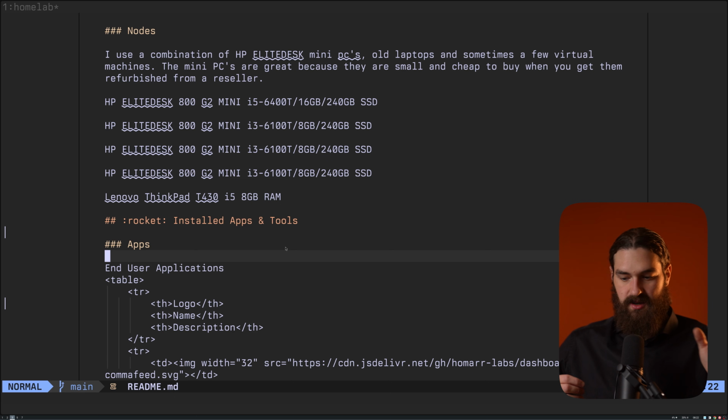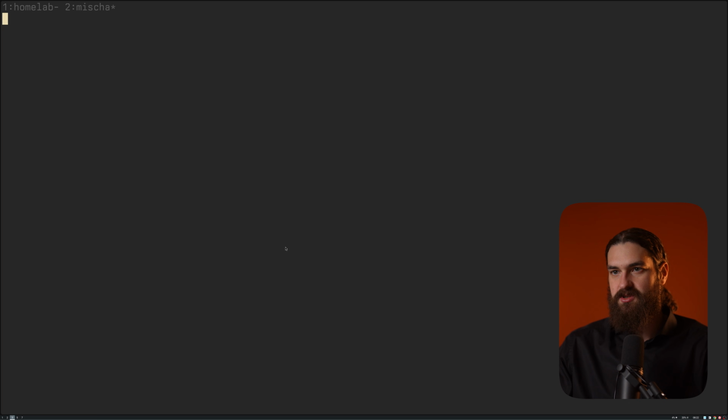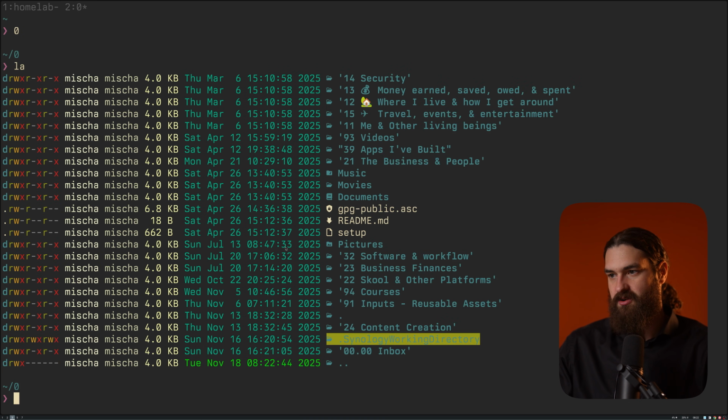So all of my actual work is done completely in Git repositories with dev containers in containerized environments. So when I leave this system, there's actually hardly any data that I need to move, because my home directory basically is a series of repos, which I've backed up. And then I have my own personal files, which are all in a system that I call system 0. So if I do system 0, you see that there's